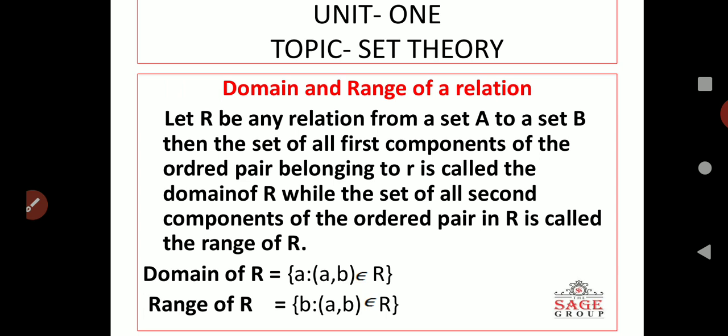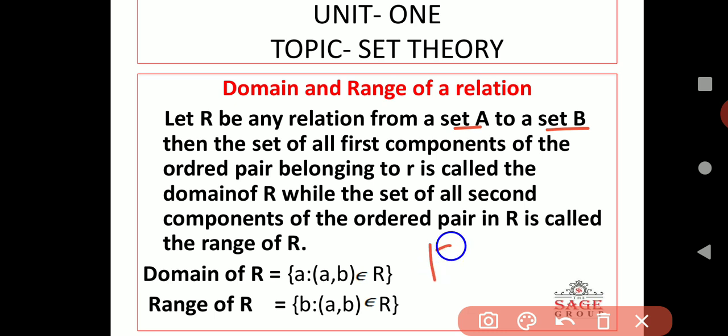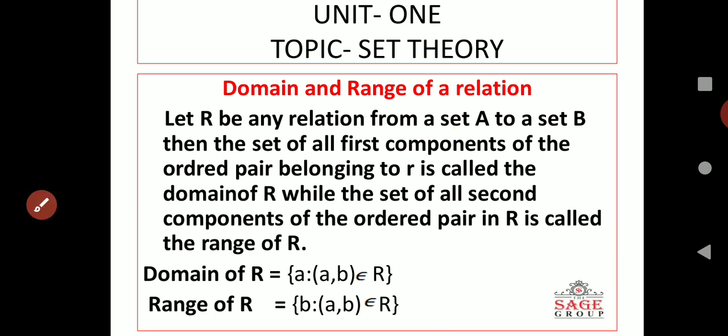Suppose R is any relation from a set A to a set B. If R is any relation, then the set of all first components of the ordered pairs which belong to R is called the domain of R, and the set of all second components of the ordered pairs which belong to R is called the range of R. For